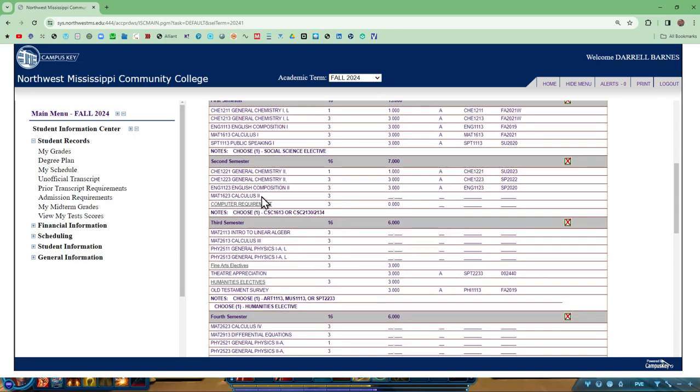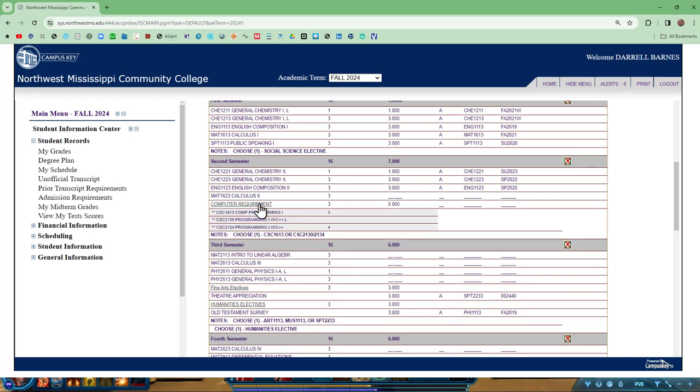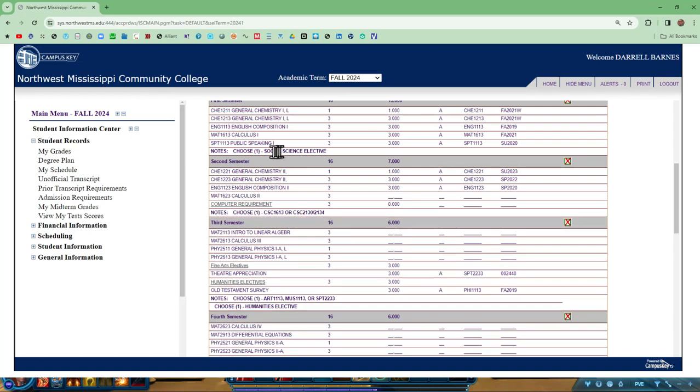Notice that I want to take Calculus 2, and it's showing an empty slot here, so that could easily be filled. I also have a need for a computer class, and I could pick from these choices. I also need a social science elective, and I'm going to pick psychology. Usually there's a drop down here. I don't see one, but let's keep on rolling with this.